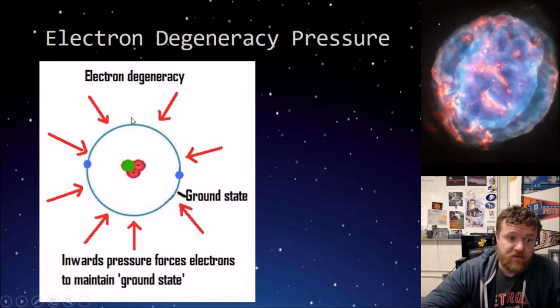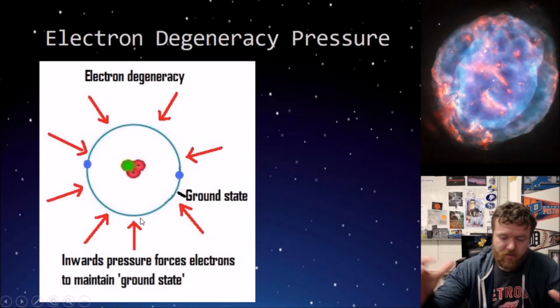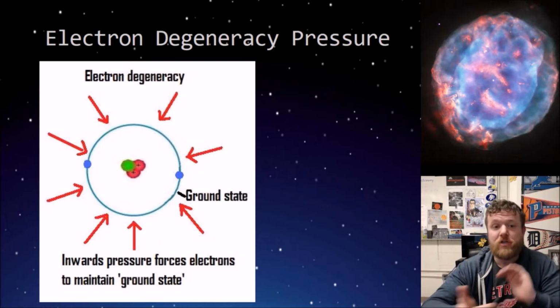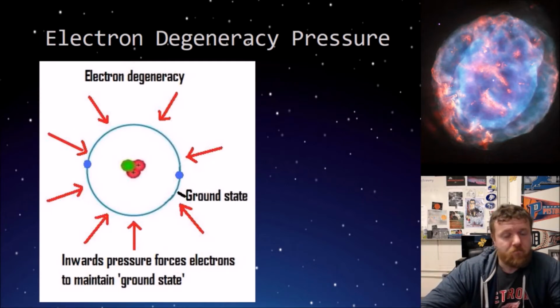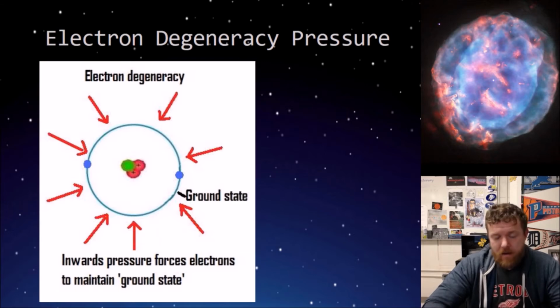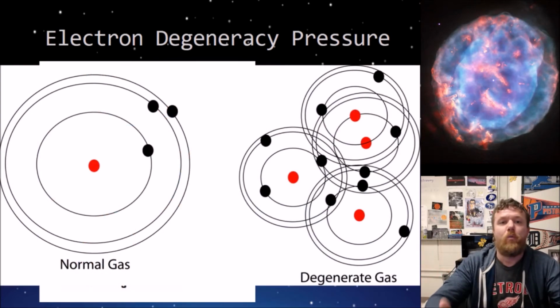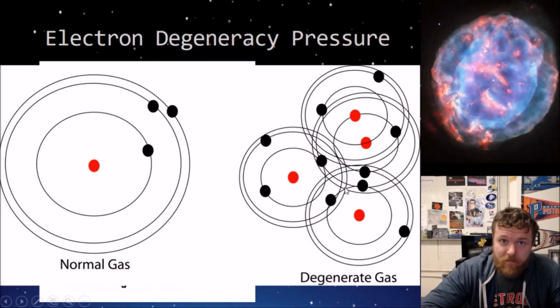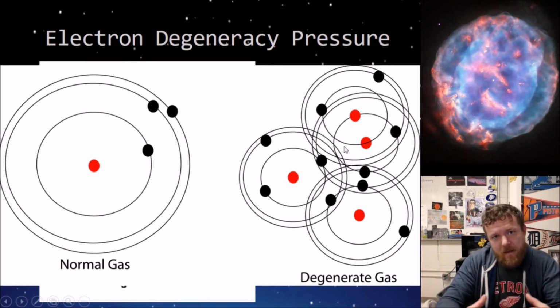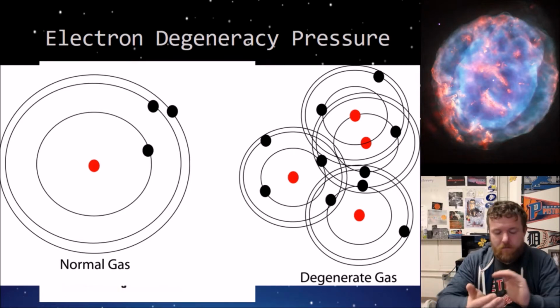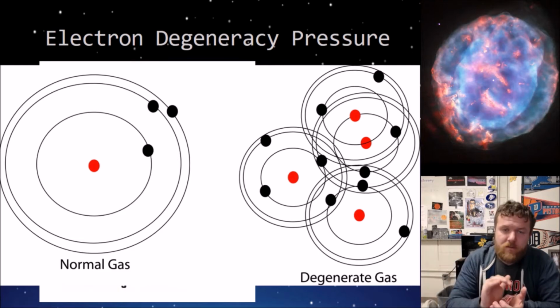Back to electron degeneracy pressure real quick. Here is a helium atom. You have 2 protons, a neutron, 2 electrons, and those electrons from gravity have been pushed into the ground state. So far, so good. Now gravity is going to take this helium atom right here, and it's going to push it right up against every other helium atom that it can find. Normally you would have a gas, and these electrons could be in different energy levels. But because of the immense gravity, it's going to take all of those electrons, push them to the ground state,